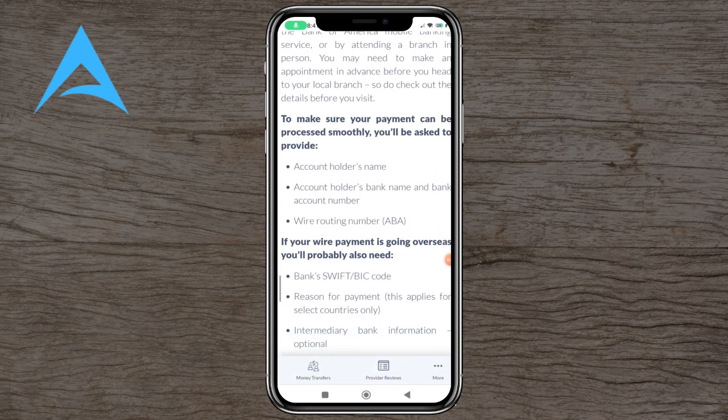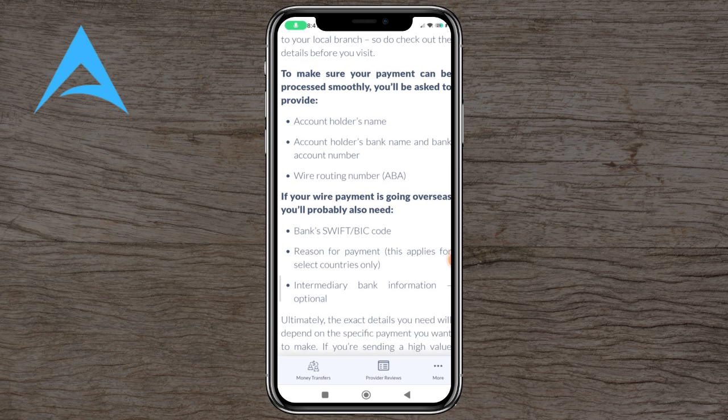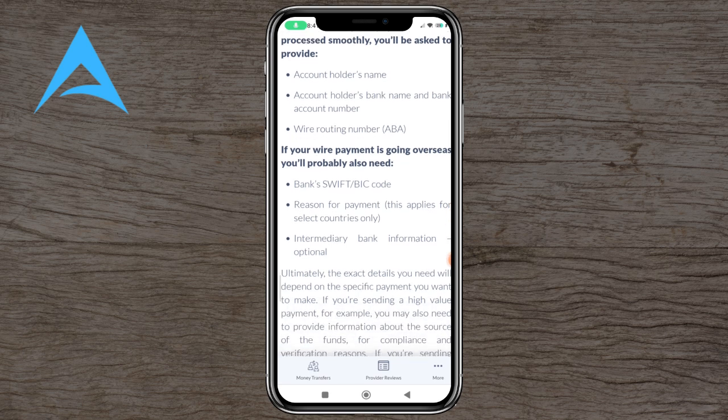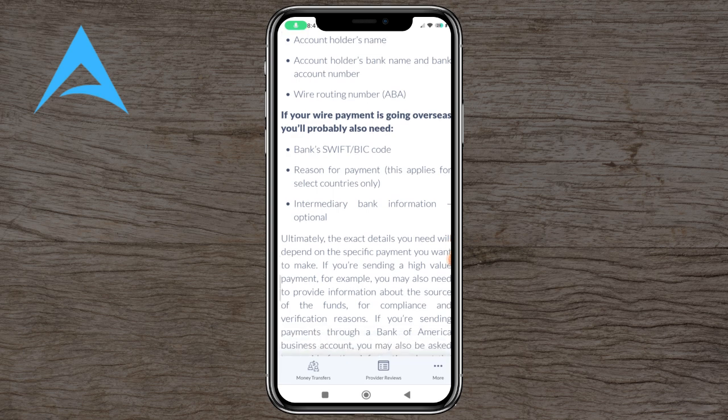In this video we're going to show you how you can do a wire money transfer with Bank of America. You will need your account holder name, your bank name and bank account number, and your wire routing number. If your wire payment is going overseas, you'll need your bank SWIFT BIC code, the reason for payment, and intermediary